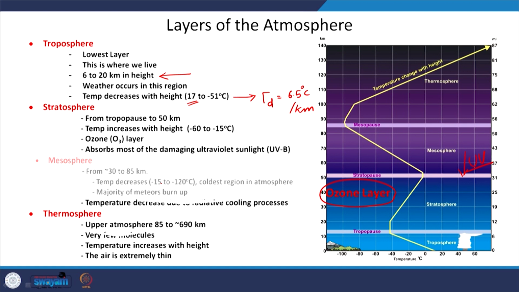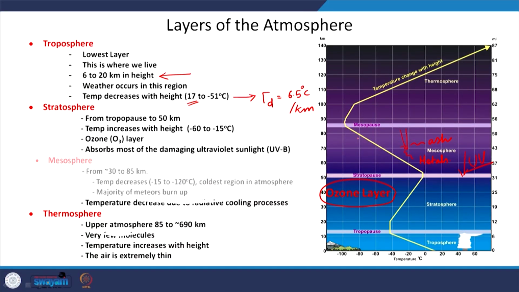And most importantly, all the meteors which come from the outside burn up in this region. We know that there are not many gas molecules in this region. So, the meteor comes and it burns here. The material burns because of whatever friction could be offered by the existing molecular densities at this height, of course. If there is no friction, there is no reason for it to burn itself. It does not burn in deep space, right. So, why should it burn here? There are molecules which will offer friction to it, and eventually it will burn.